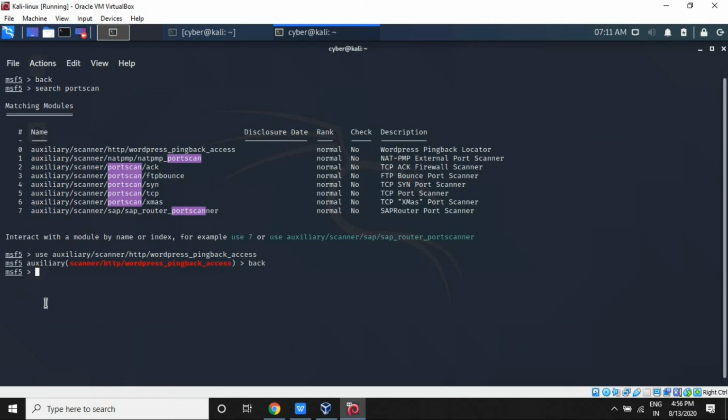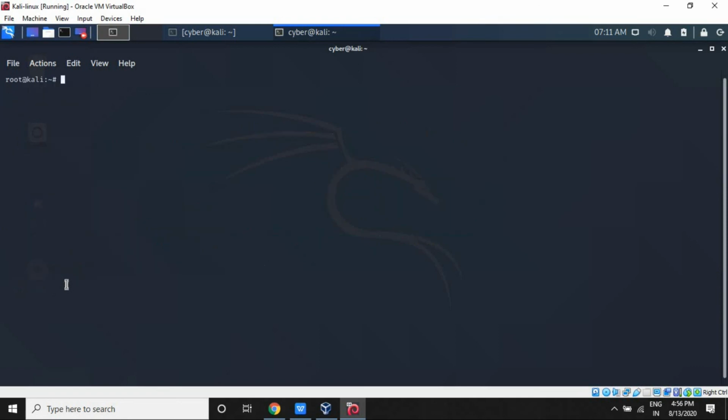Now after this, the last command I want to show you is the exit command. With the help of this exit command, you can come out of this Metasploit MSF console to the root user. You can see here at the top there is msfconsole. When I type exit, you can see there is the root user. So in this way you can use the exit command to come back from the Metasploit msfconsole to the root user. I'll clear this.